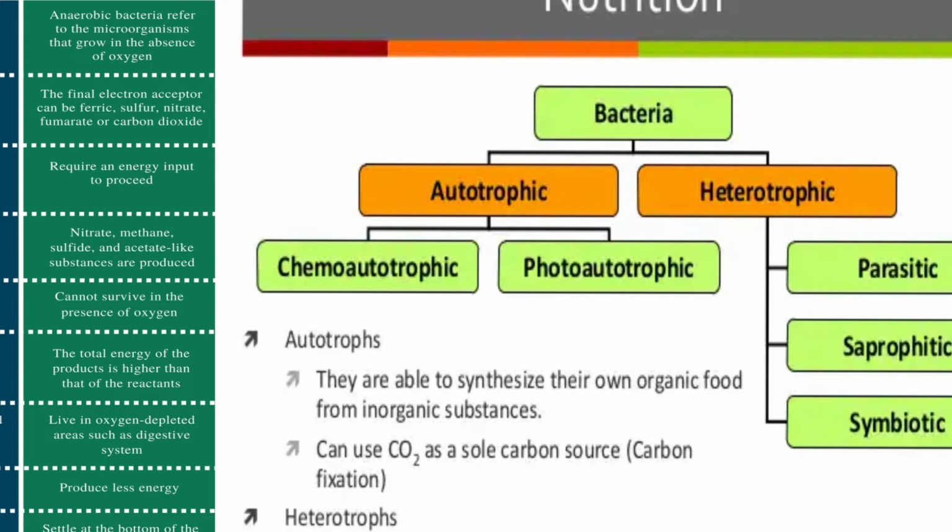Okay, so these are the different types of nutrition that can be seen. One is autotrophs, they can prepare their own food, right? They have some pigments, and with the help of that pigment they use sunlight, or they use the chemical compounds, organic and inorganic compounds, and they prepare their own food. Whereas heterotrophs are dependent on some other organism. In three ways they are dependent. What are the three ways?